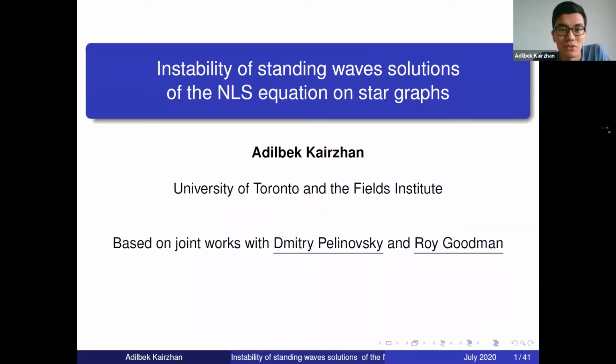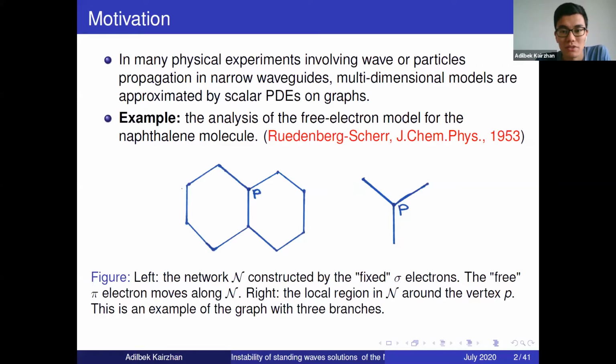So I'm going to talk about the instability of standing wave solutions for the NLS equation on star graphs. It's based on work with Dmitry Pelinovsky and Troy Goodman, and that was part of my PhD thesis. So I'll start with the motivation,